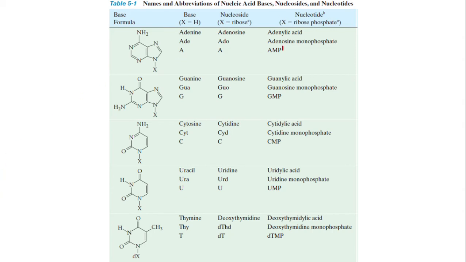And when this nucleoside is combining with the phosphate, one or more, we add the term acid there. For example, adenylic acid, guanylic acid, cytidylic acid, uridylic acid, etc. And if it is a deoxynucleotide, then we call it deoxyadenylic acid, deoxyguanylic acid, deoxycytidylic acid, and deoxythymidylic acid, etc. Or we also use the term monophosphate, diphosphate, triphosphate, etc. Adenosine monophosphate, adenosine diphosphate, etc. We can use that also, as given here.